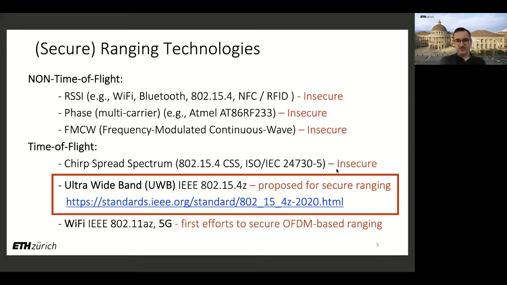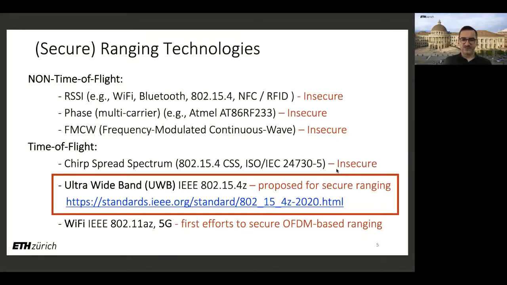And also, not only is ultra-wideband currently being widely deployed, in our phones and in cars and other IoT devices, but throughout the last 10 years there were a lot of investigations of ranging technologies, and a lot of research has been put into understanding which types of ranging can or cannot be made secure under different attacker models, right?